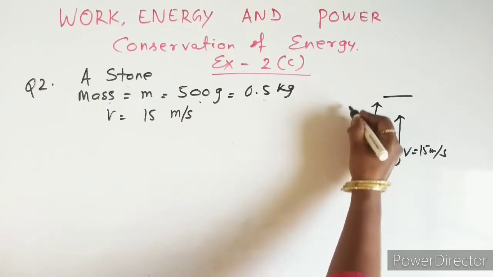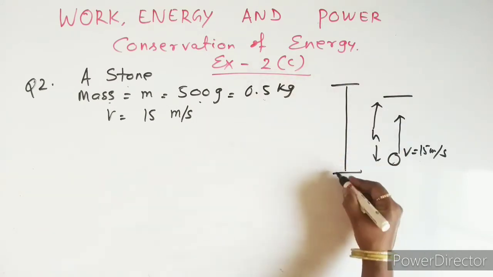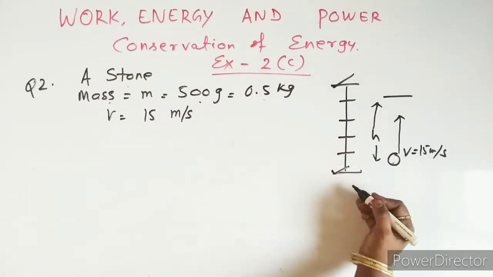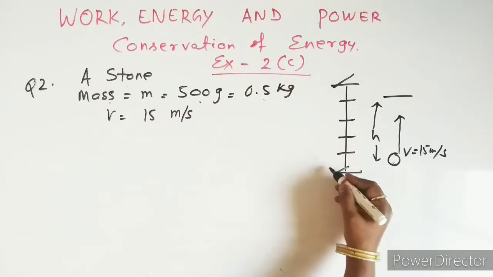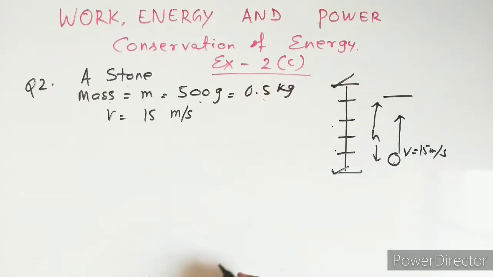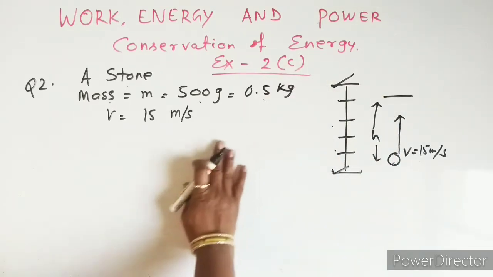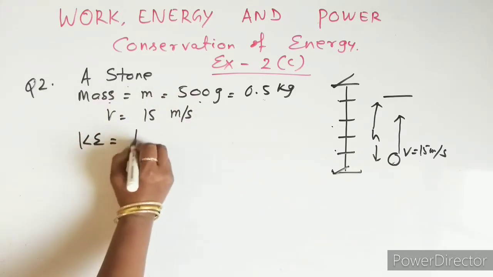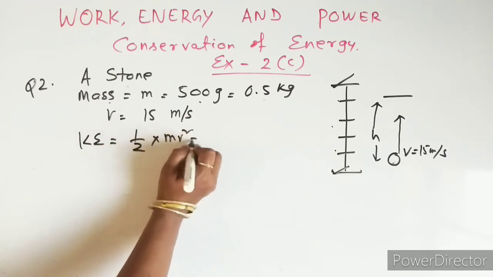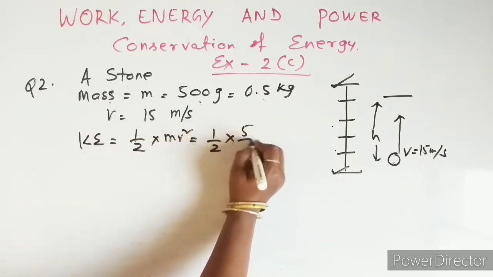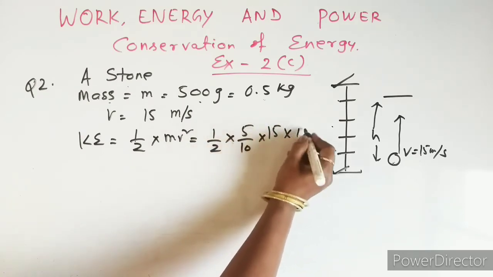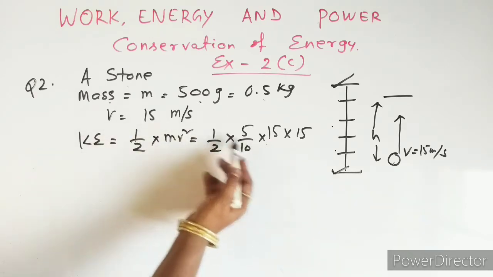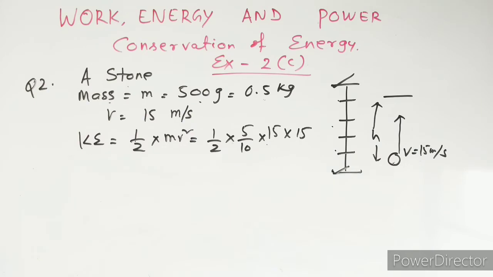According to the principle of conservation of energy, whatever energy exists here and here will be the same. Whatever energy is here, let it be x, here x, here x, according to the principle of conservation of energy. As mass and velocity are given, let us find the kinetic energy. Kinetic energy equals half mv square, so half into m, and v square, 15 into 15. In the board exam, putting the correct values in the formula carries 1 mark.